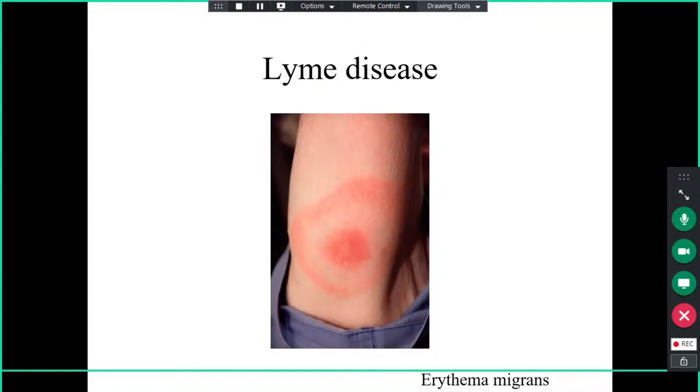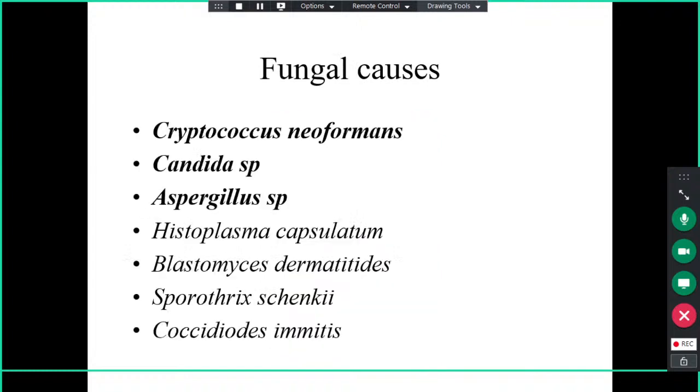And like in Lyme's disease, this Borrelia burgdorferi that causes Lyme's disease. Initially, a person will have erythema migrans. Later on, they can develop CNS infection. When we come to the fungal infection, the most common agent is Cryptococcus neoformans, and this causes chronic